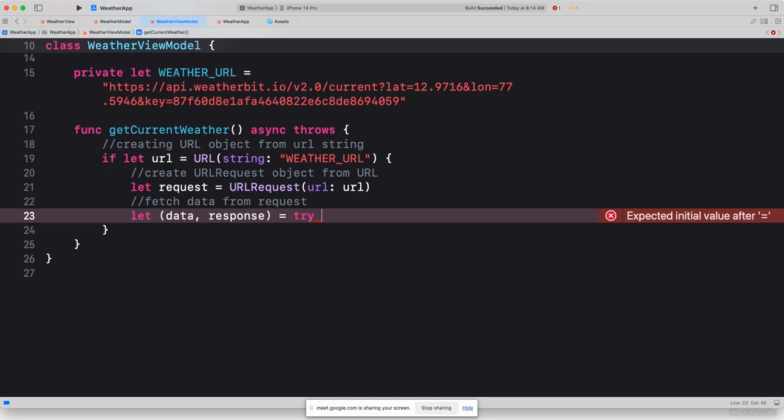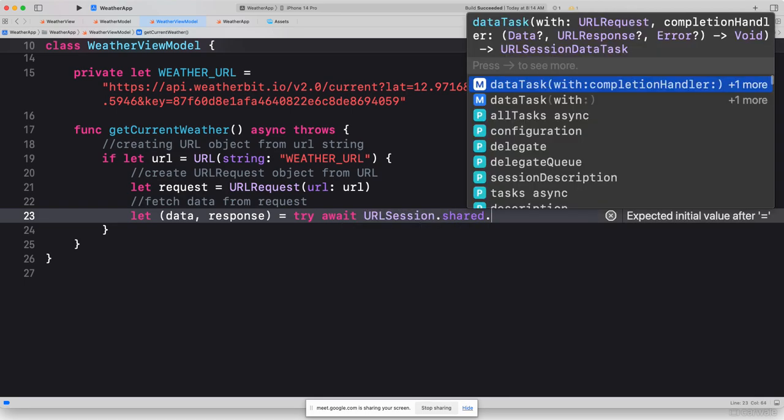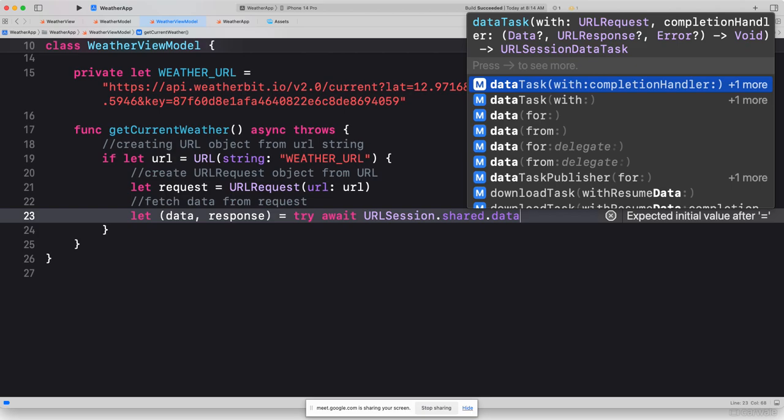Okay, and then we are saying that once you are getting this data, you wait until the data is fetched, so this particular data and response will wait until the data is fetched. So I'll say try await, and then I'll say URLSession.shared.data,